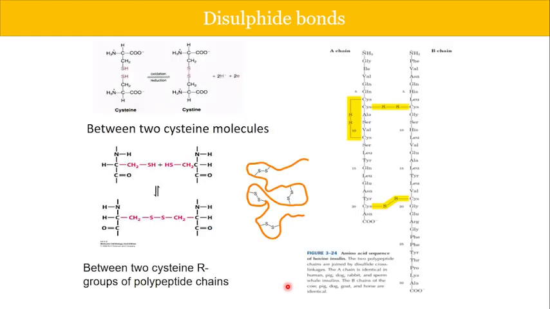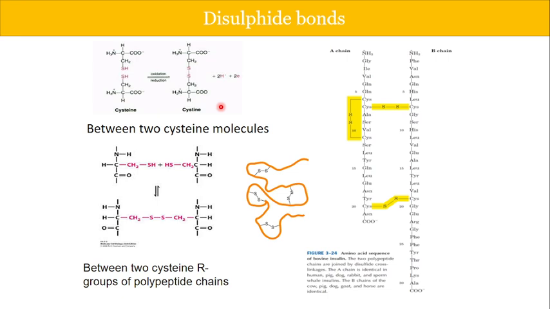So what are these disulfide bonds? Disulfide bonds are formed between two cysteines. Cysteines have an SH group in the side chain, and when two cysteines come in close proximity they undergo oxidation to form the disulfide bond, followed by the loss of two hydrogens and two electrons. We call the single molecule cysteine, whereas the disulfide bonded cysteine is called cystine.